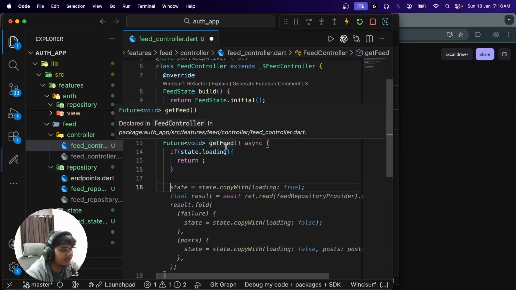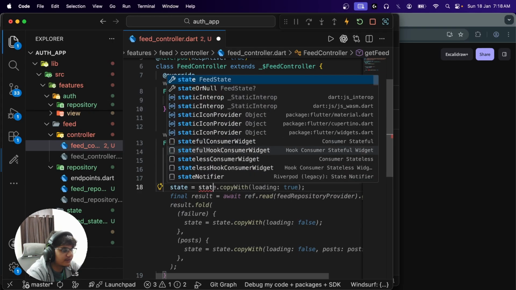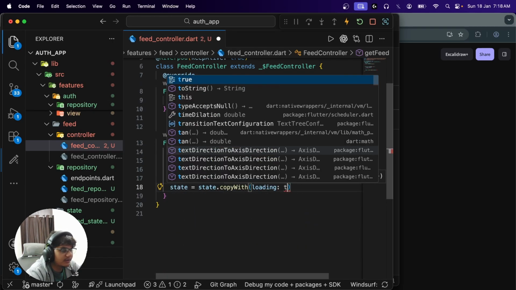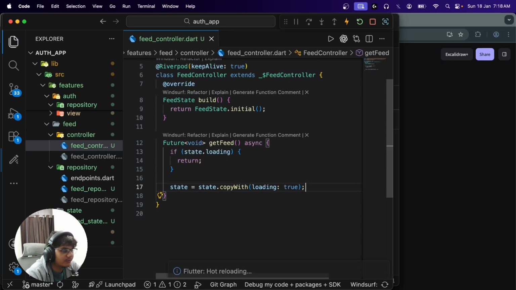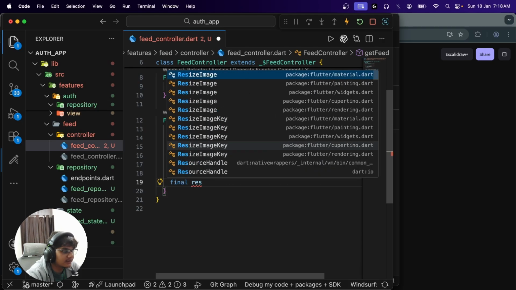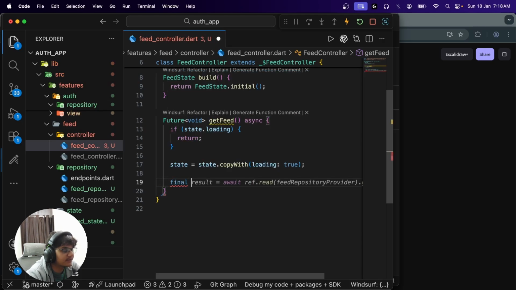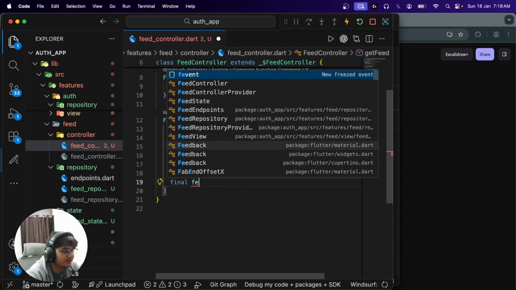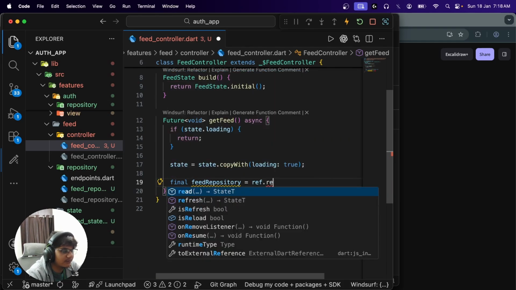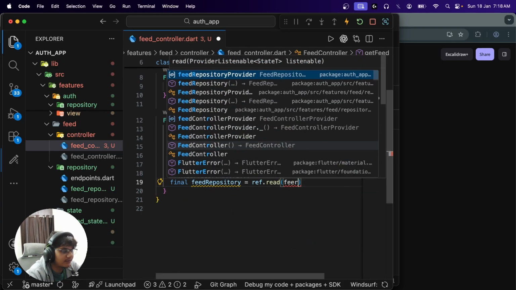If it's not doing something, then we'll say that hey, we are loading until we do the API call, loading say true. And now finally we can ask the, let's first get access to the feed repository like so, ref dot read feed repository provider,